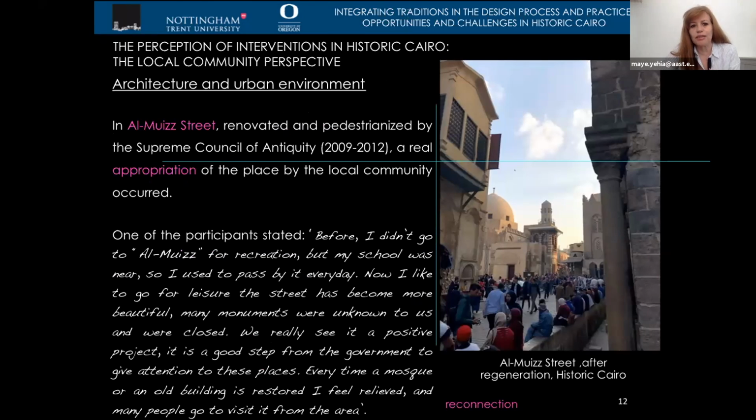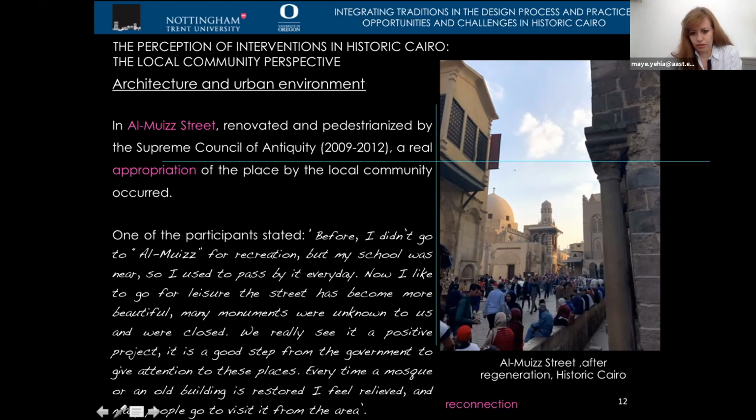First, architecture and urban environment. Here it's an image or a photo of Al-Mu'izz Street after the regeneration, and we can see here that it was renovated and pedestrianized by the Supreme Council of Antiquity between 2009 and 2012, and a real appropriation of the place by the local community occurred. And we see that the residents feel a reconnection with their monuments